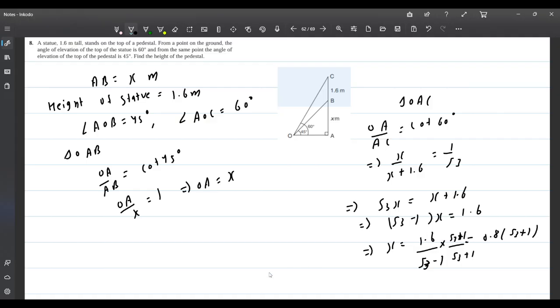So height of a pedestal is height of pedestal is equal to 0.8 into under root 3 plus 1, which is equal to 2.19 meter. Now move to the ninth question. Ninth question is